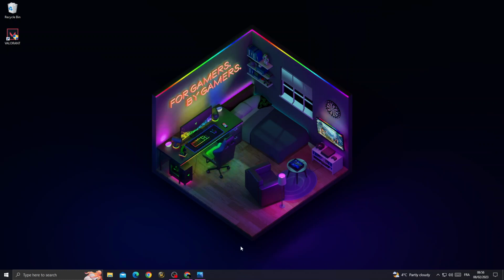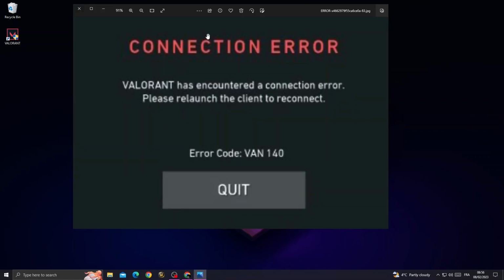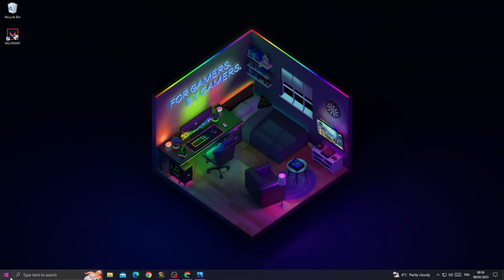How to fix this connection error on Valorant, easy and quick. If you want to fix this problem, all you need to do first is type here